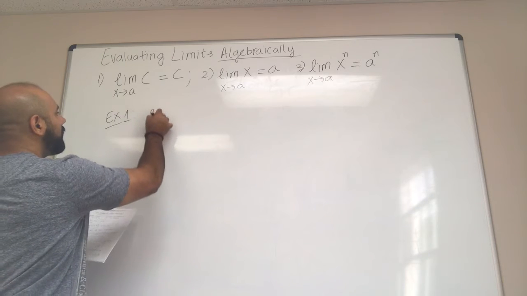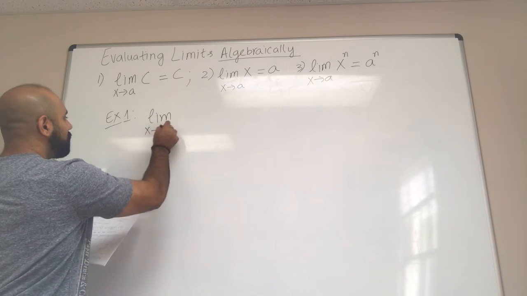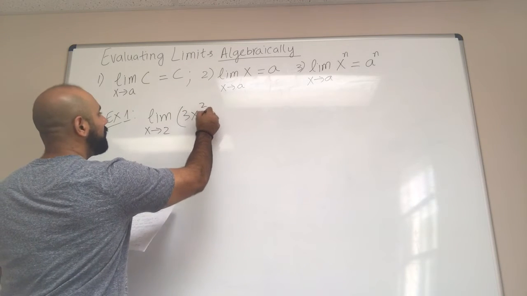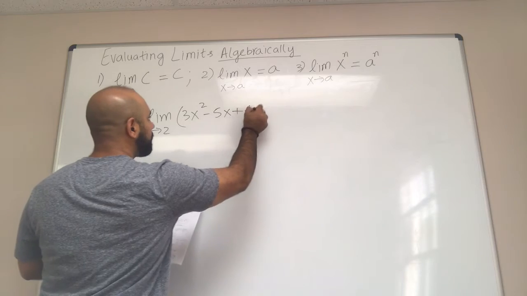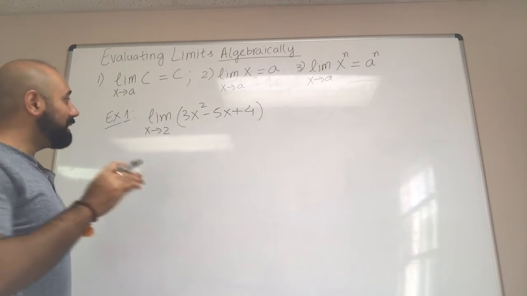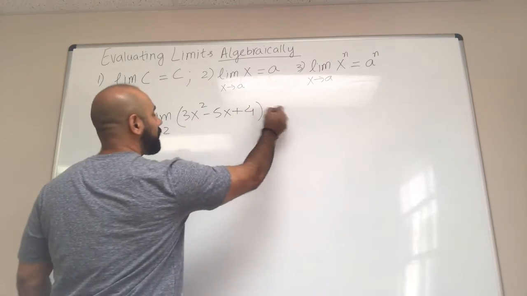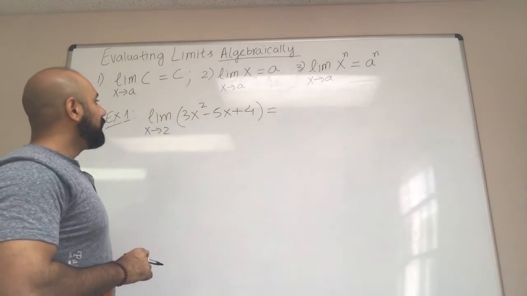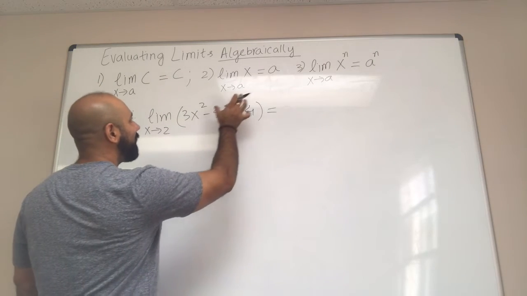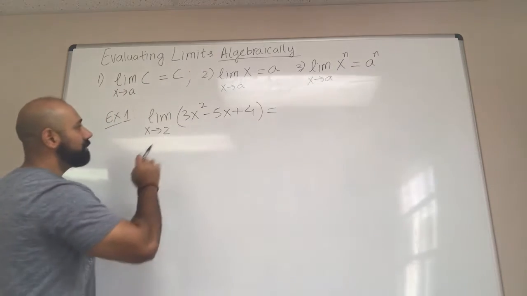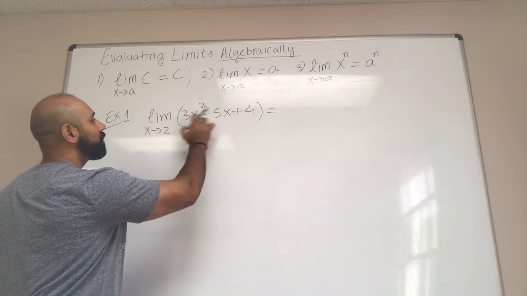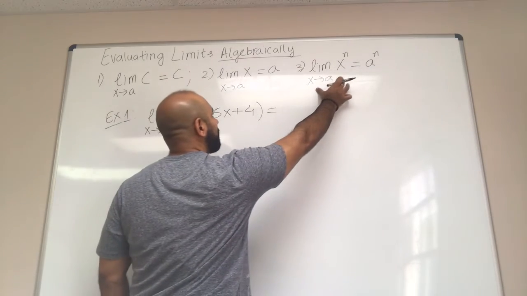is we want to evaluate the limit as x approaches 2 of a quadratic polynomial, 3x squared minus 5x plus 4. So you can break it down into 3 pieces if you like, and then apply the limit, or you can simply realize that this is a combination of this as well as a constant, because there's an x squared term, there's an x term, which is basically of this form,